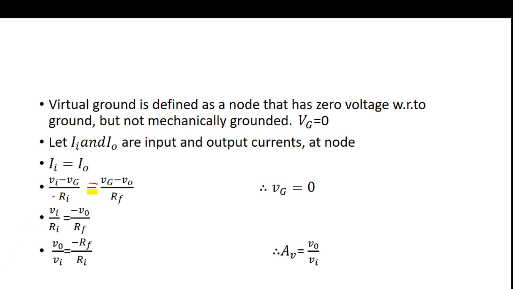So here the LHS is okay, the RHS is Vg minus V0 divided by Rf. That is the concept of virtual ground. Virtual ground means 0, Vg equals 0. Now apply it where we find Vg, fill in 0. So the remaining thing is Vi divided by Ri equals the remaining V0 divided by Rf. Now rearrange the terms: V0 over Vi equals minus Rf divided by Ri. This is the output voltage, this is the input voltage. Output voltage divided by input voltage is nothing but the gain, the closed loop voltage gain.